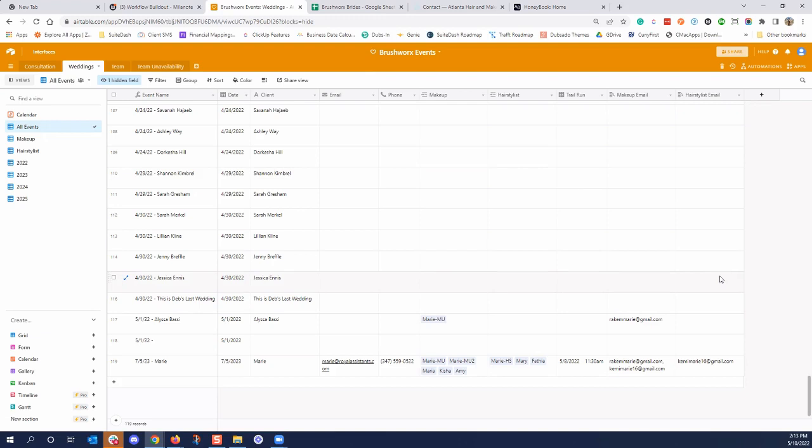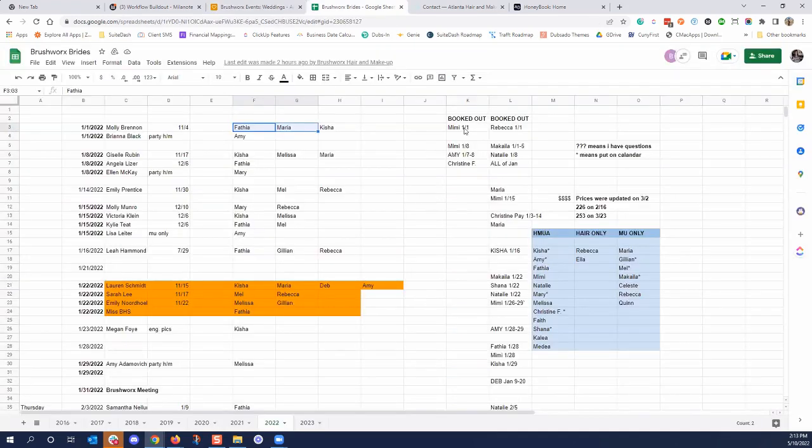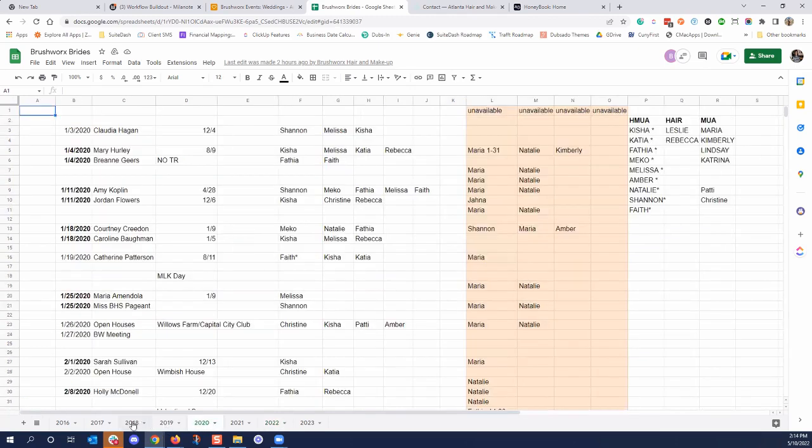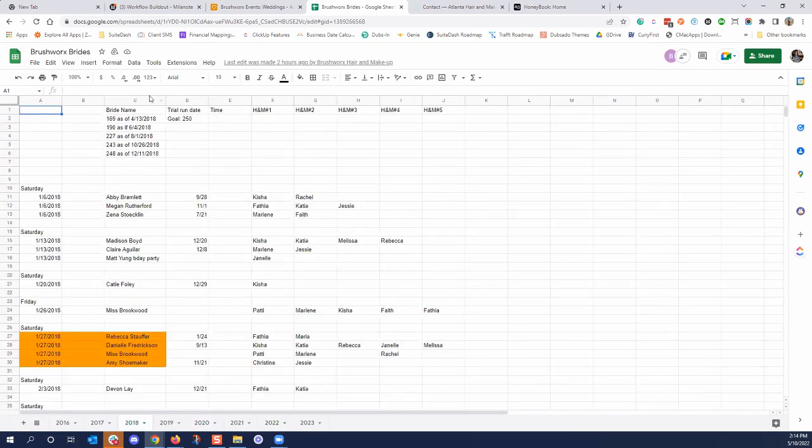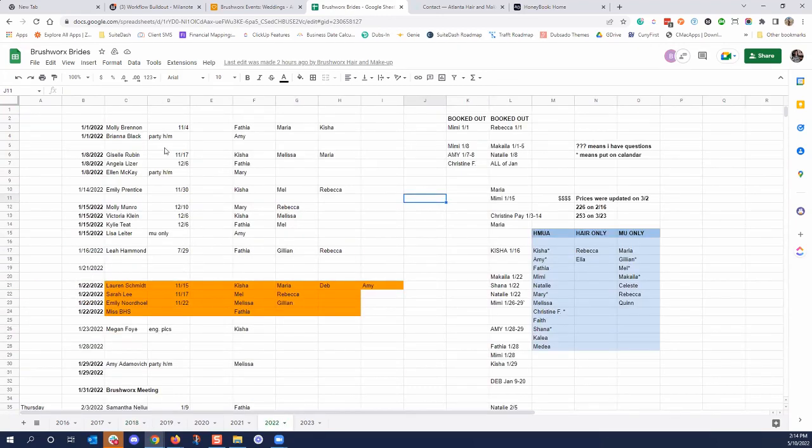That's kind of how we already have it set up, right? Right now you just have it like this. Yeah, those are the names listed there. They're already unavailable. And this is what I had questions on, because I noticed on some of the other tabs, in the beginning tabs, you had bride name, trial run, and things like that. On these later tabs, I didn't see that. I know you guys know it, but I didn't understand it, so I wanted to make sure I asked the question.